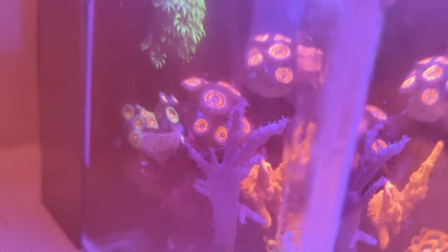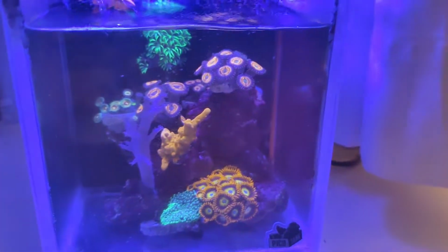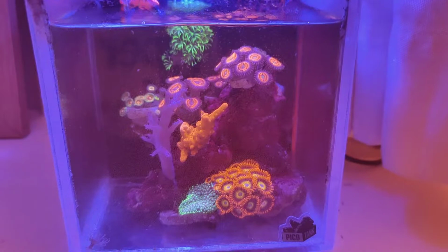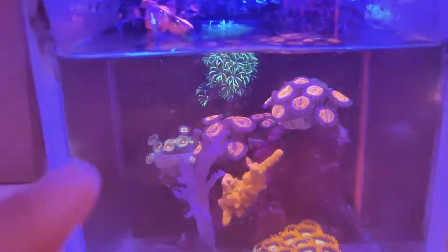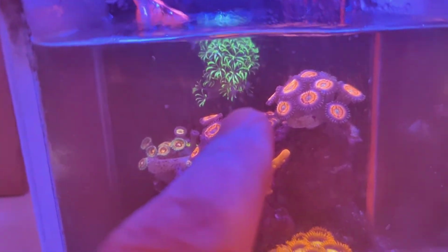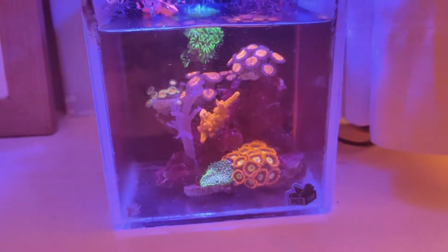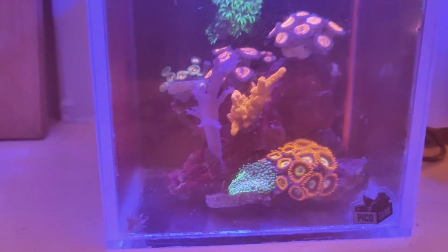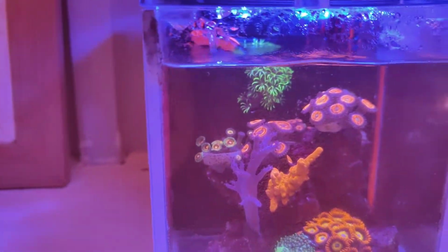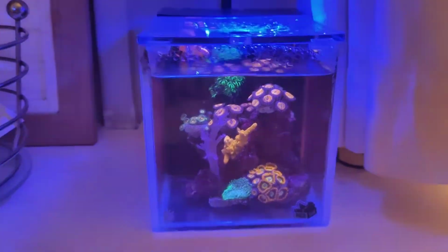I've not added any shrimp to it, which I'm looking for. I need some little sexy shrimp, I think, to go in. But overall, guys, I think it looks a pretty decent little setup. And yeah, loads of copepods. All these little copepods are in here. I don't know where they've come from. I think it's just come from the rock, because the rock came from out in the tank. So I think that's where they've come from. But overall, I'm really happy with the way this is going. Considering I was going to smash it up and throw it away, I think it's a nice little setup. So yeah, that's just a little look of the